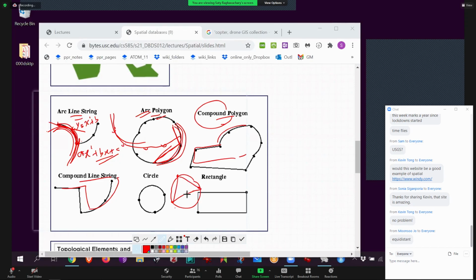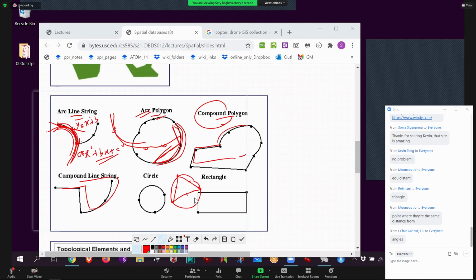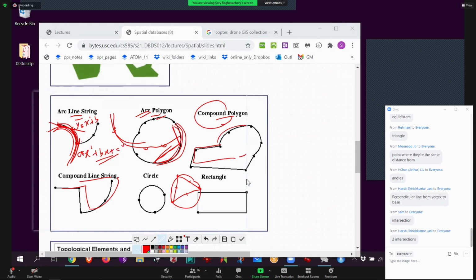Hint 1. Yeah, you're right. But no, you guys are not answering how to find the center, okay? How do you actually find the center? It's right here. Not angles. Getting pretty cold. Exactly. Perpendicular line from vertex to base. Very warm. Yeah, intersection of what? Getting super hot? Yeah, exactly. Intersections of what though? You still did not name the one thing. The one thing that brings it all together.